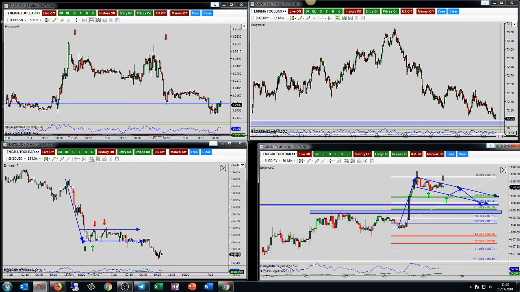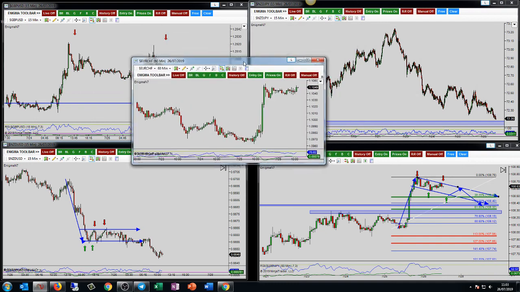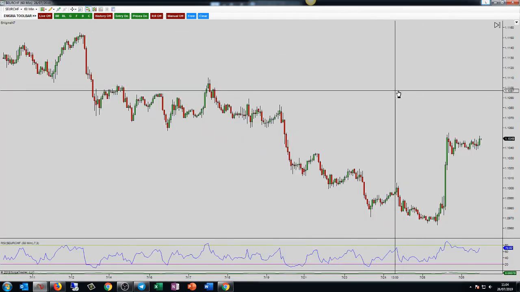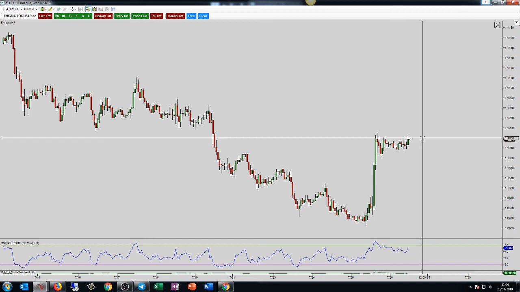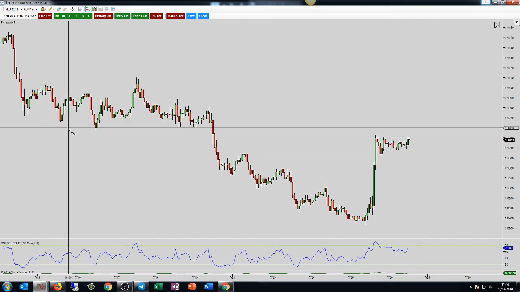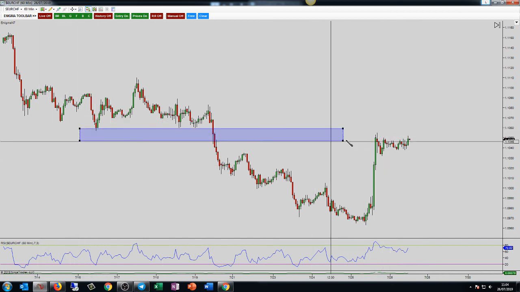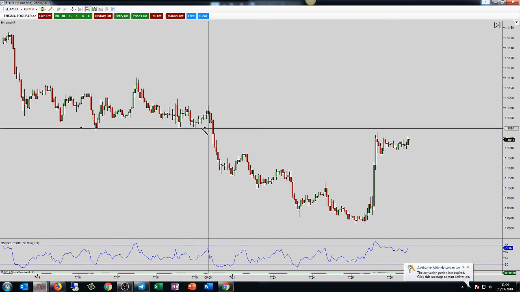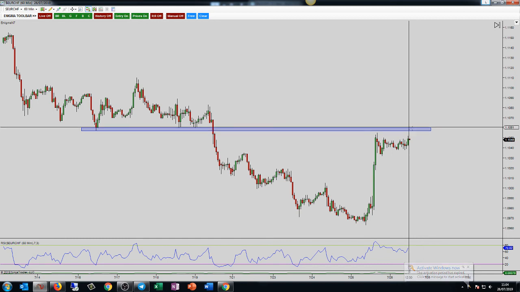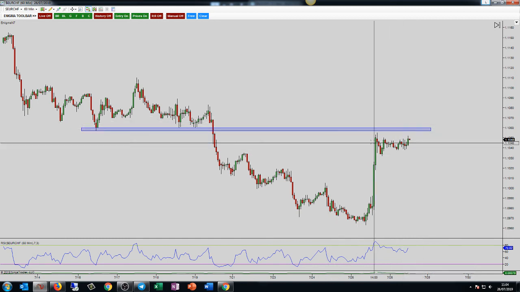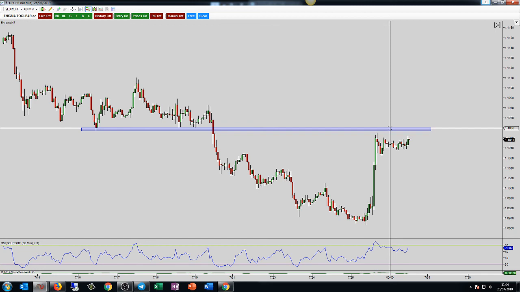Did anybody take the Euro Swissy trade? By the way, this is a trade. I'm in this breakout pattern. This is a triangle. I know a few people were a little bit concerned that we were within this upper structure level here, so I did a video on this one and sent it out, just giving my personal view as to why I think we could go higher. So did anybody take this?